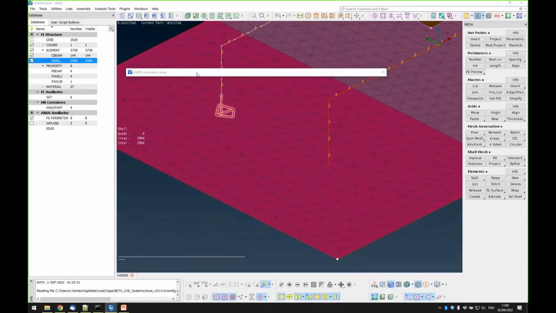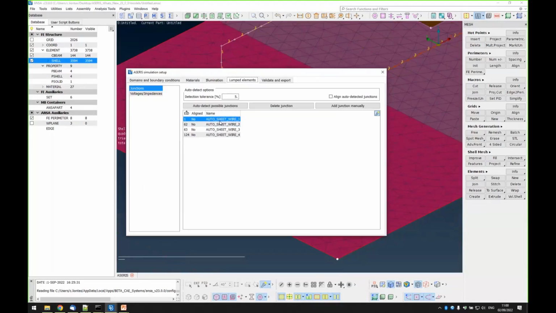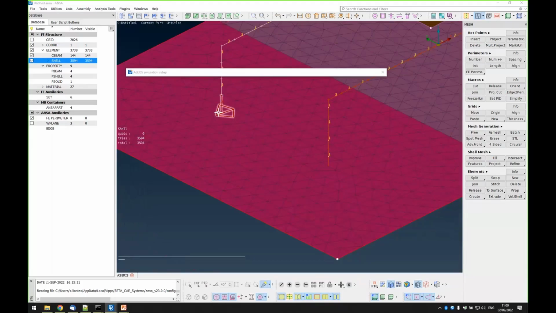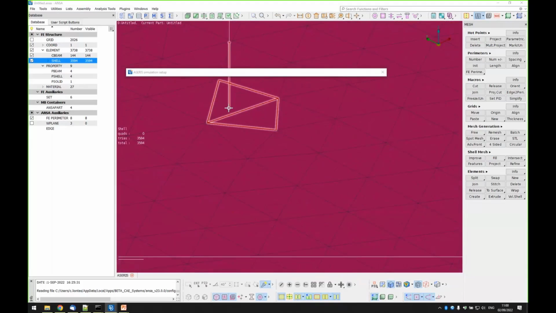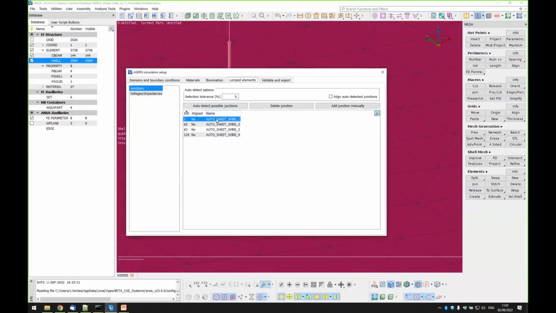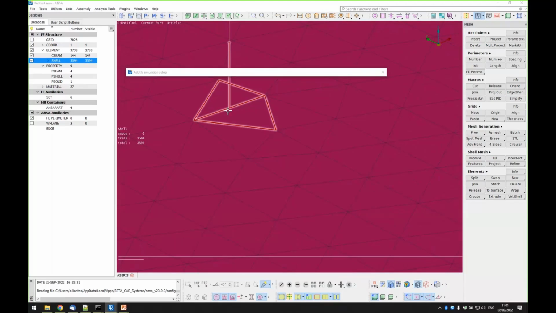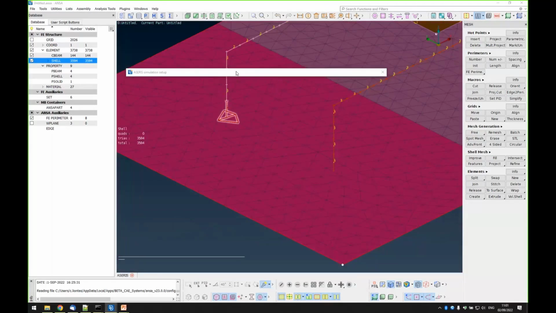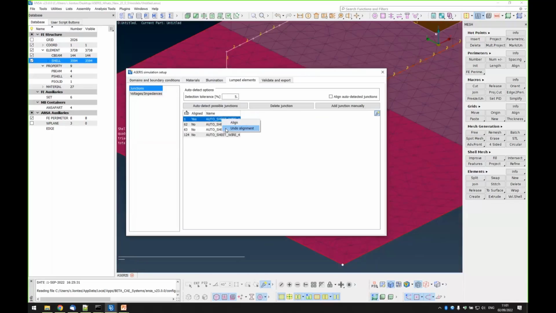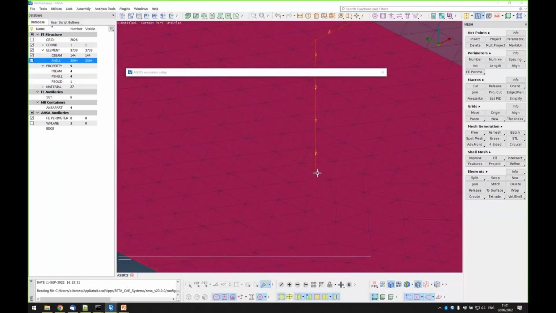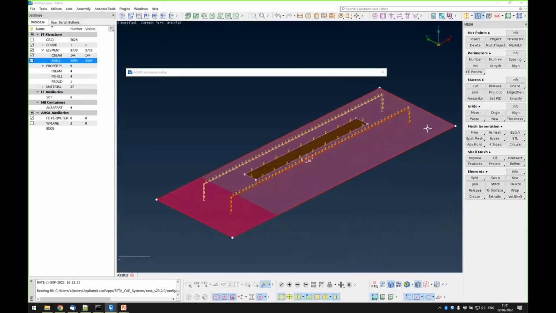And there is the option of aligning the junction. For numerical reasons, it's best if the endpoint is at the geometrical midpoint of the edge. So we can say align, and now the elements are moved so that it's in the middle. We can also delete the junctions here, and we can auto-align all the junctions. Now you can see that all the junctions have been auto-aligned, so you don't have to do anything yourself here.